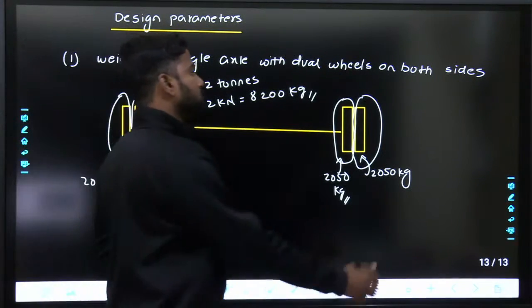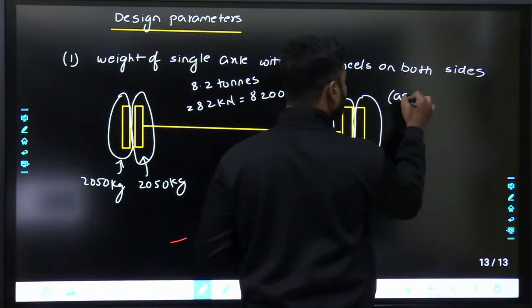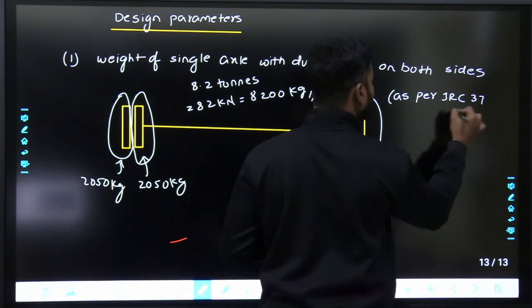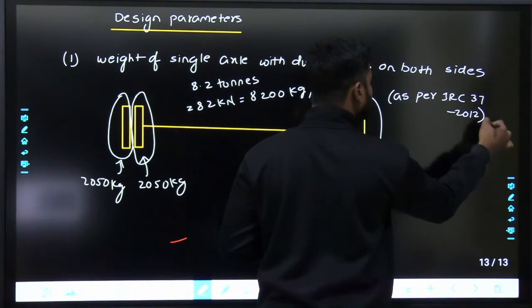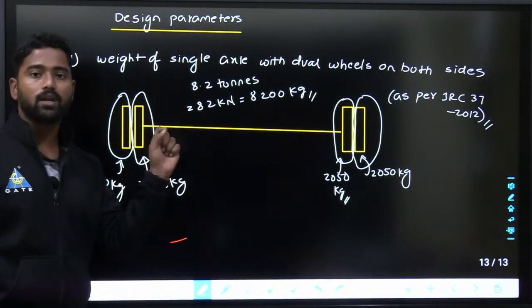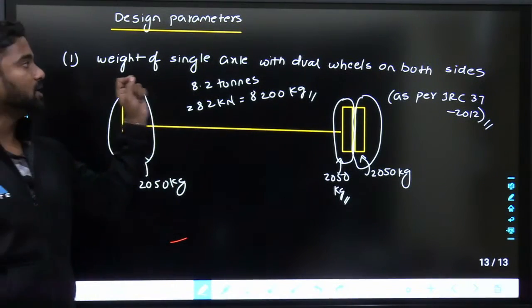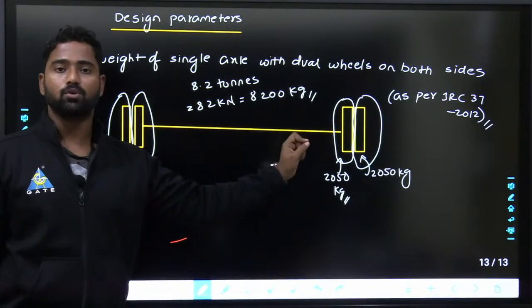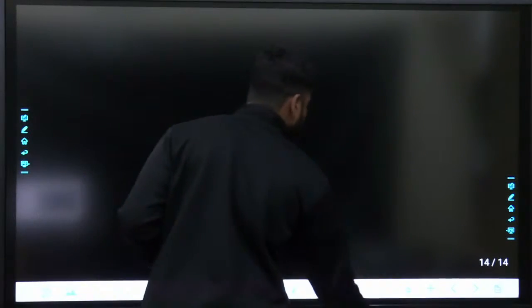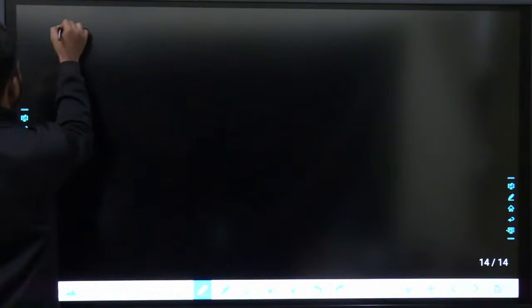So this is as per IRC 37 2012. Remember, this is used for flexible pavements. For rigid pavements it is IRC 58 2012. So weight of the single axle with dual wheels on both the sides will be something like this. Fine. Next point would be